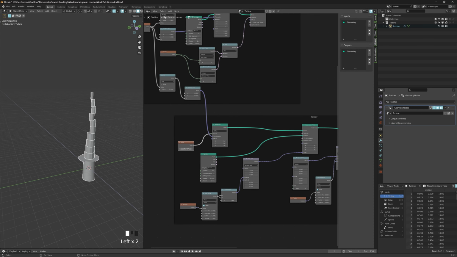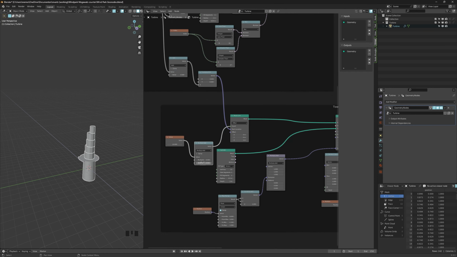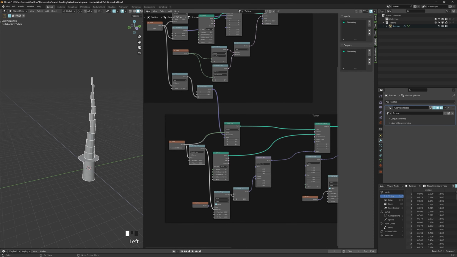But let me make this a little bit more automated. So if you can see, we have a count of 10. And our mapping range node minimum is set to 8, roughly. I just chose 8 because it's easier to do math using 10 and 8 than the decimals as well. I'm gonna set that math node to multiply and add. I'm gonna multiply it by 0.5, so that's actually dividing it in half, and then make an addition of 2. Plug that into the minimum of the mapping range node. Increase our value right there, and you can see that it now grows nicely and we don't have that inverting